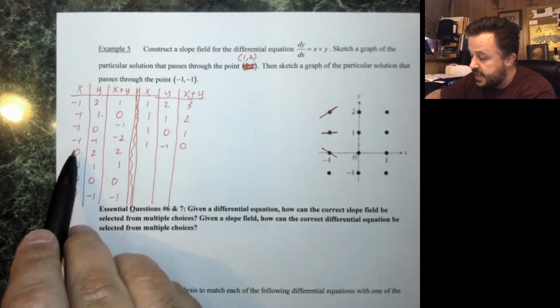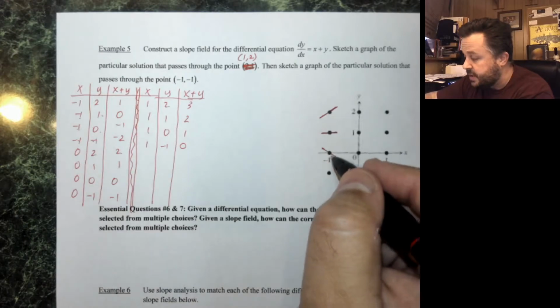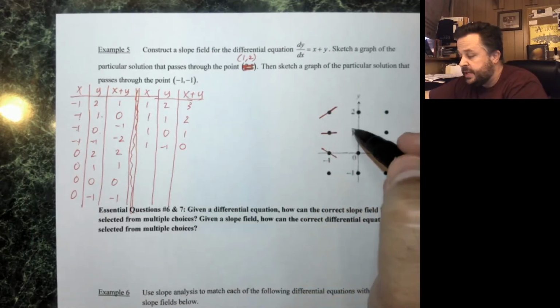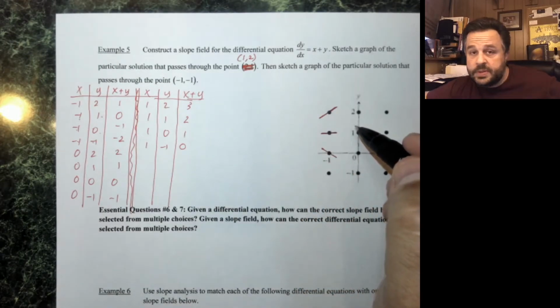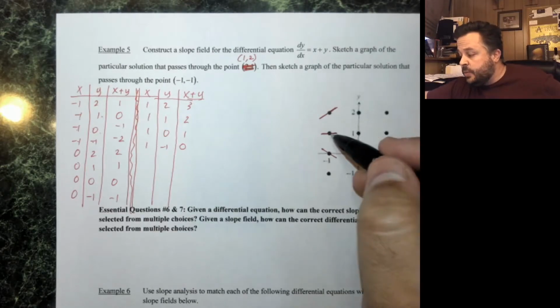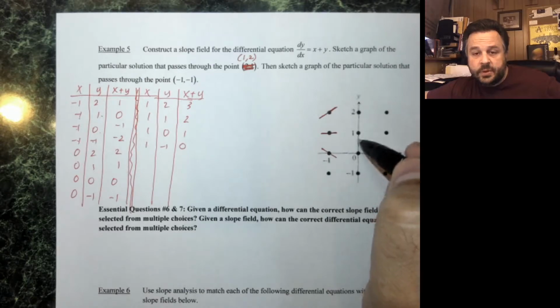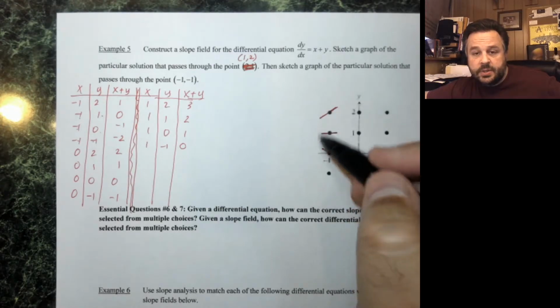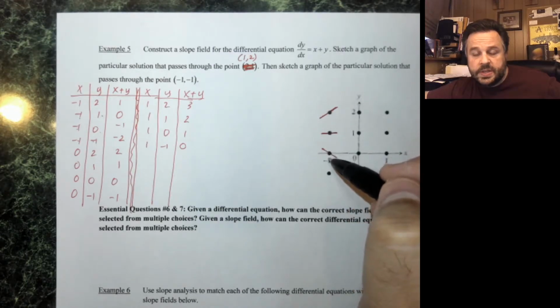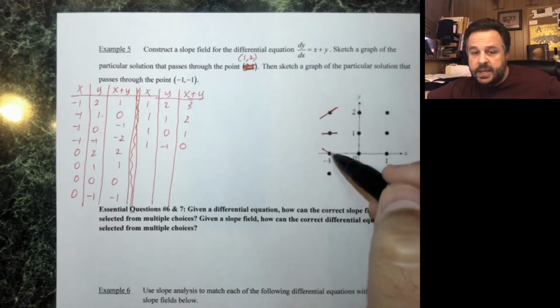And then at negative 1, we have a slope of negative 2. So the one thing to keep in mind is this. When it comes to grading slope fields, if you have to draw one, they will check to make sure that slopes of 0 are horizontal, slopes that are undefined are vertical, slopes that are positive increase, and slopes that are negative decrease. They're not going to get really picky to say that that's actually not negative 1, it's negative 1.1